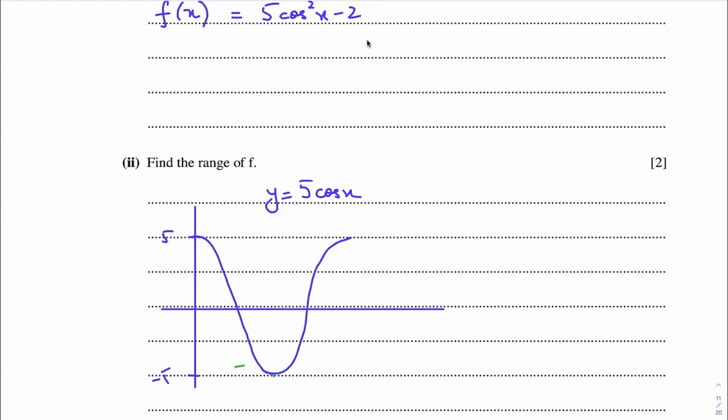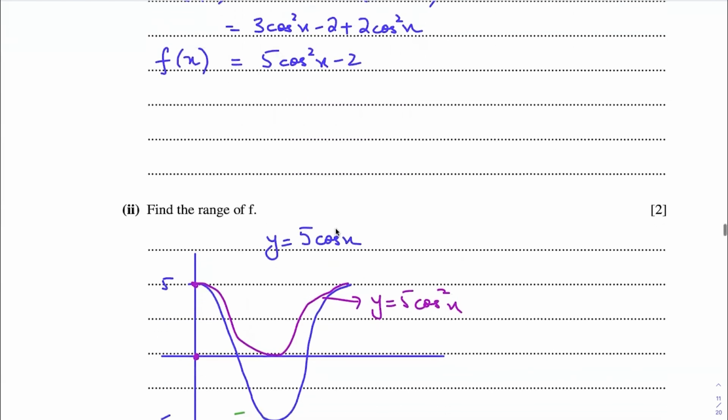Now, because of the squared sign, the negative values become positive and the graph is drawn like this. So if it was just a graph of y equals 5 cos squared of x, our maximum value would be 5 and our minimum value would be 0. But